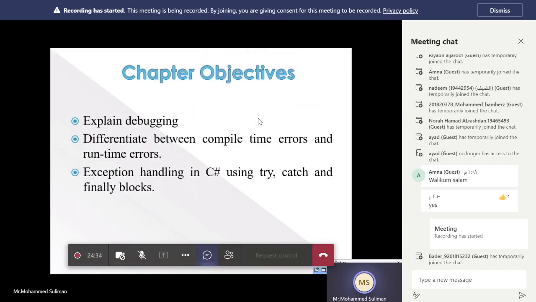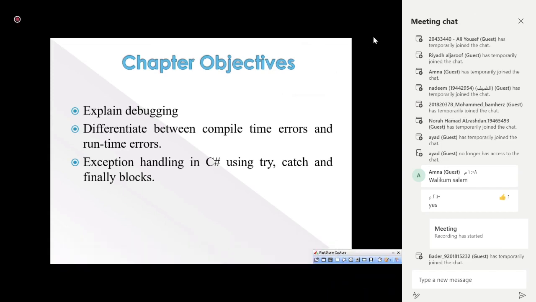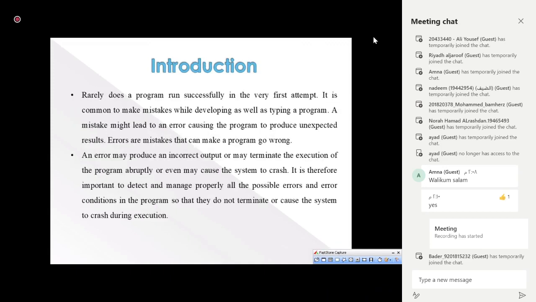Right. So we're going to talk here. The objectives of this chapter are to explain debugging, differentiate between compile time errors and runtime errors, and handle exceptions in C# using try, catch, and finally blocks. So in the introduction I just explained how errors are identified: a compile time error, or syntax error, and an error that is identified during the running of the program, which is called